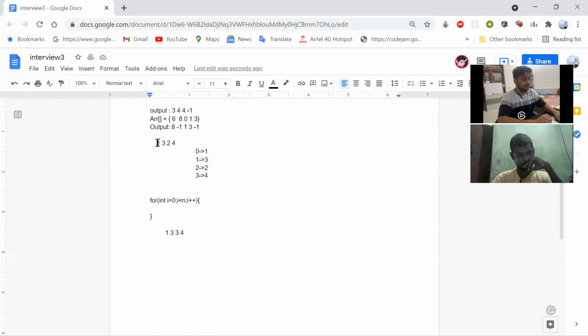While I'm at index 0, I need to find the greater element which has the minimum index.